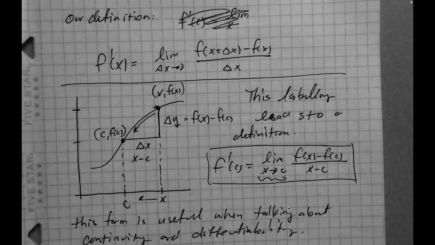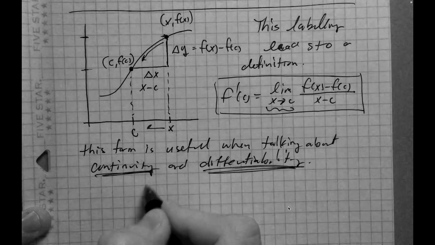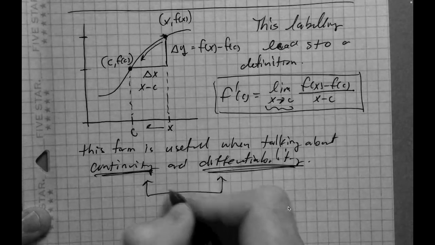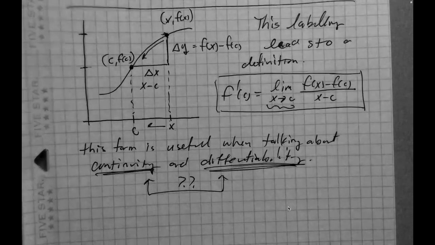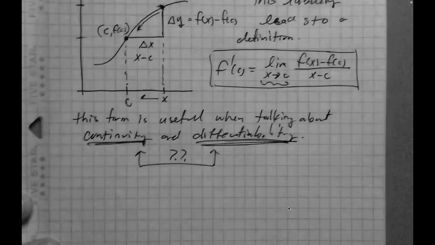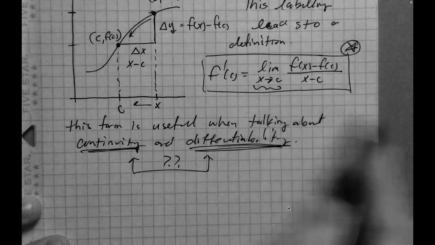Which is what we want to go into next. We want to talk about specifically continuity, differentiability, and their relationship. Does one guarantee the other? Does the lack of one mean the other is not true? What's the implication? How are the two related? We're going to get into that, and that's kind of the motivating reason for introducing this